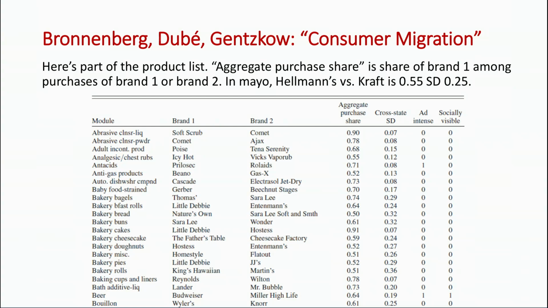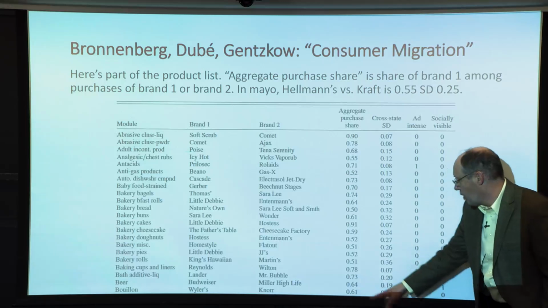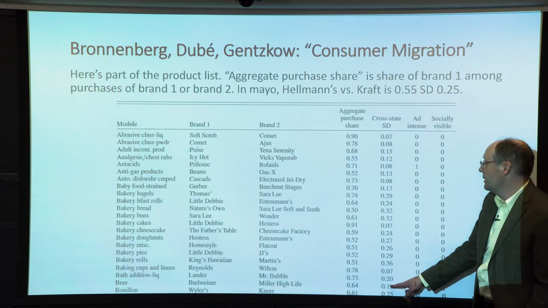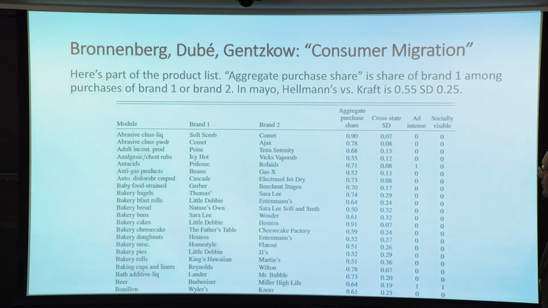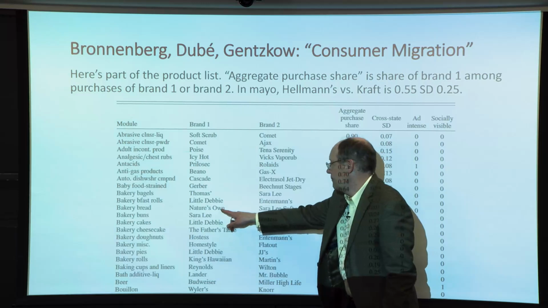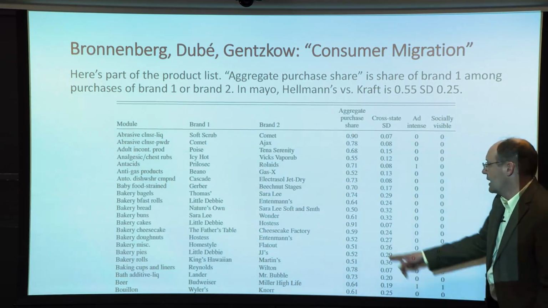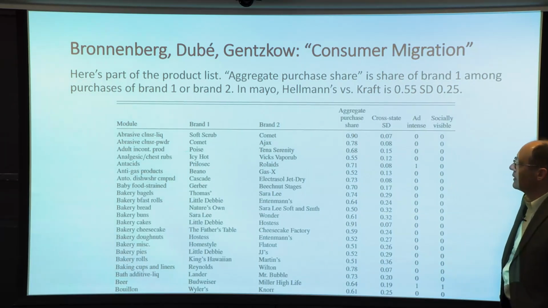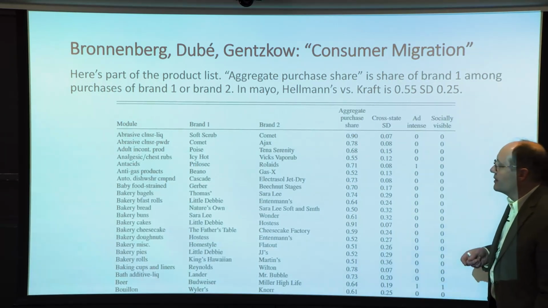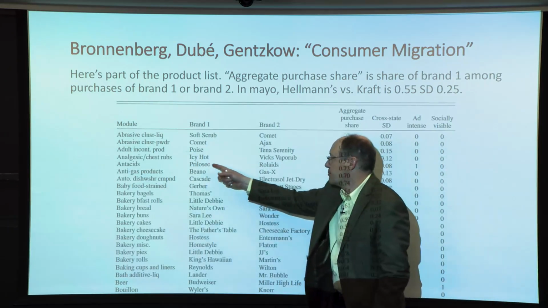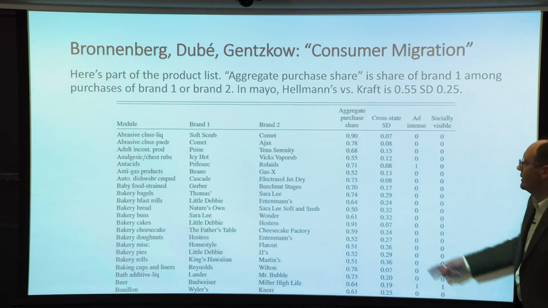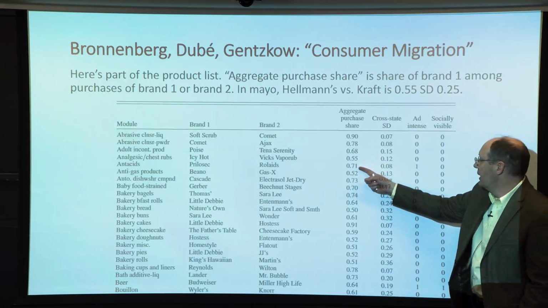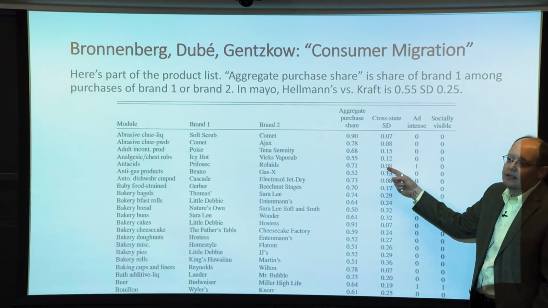And then, again, these are the cross-state standard deviation. So it's 64 on average, but in different states it's different. So it's 64 plus or minus 19 for Budweiser versus Miller. Some of the products, like this bread, Nature's Own versus Sara Lee soft and smooth, it's like 50-50 between those two, plus or minus 32. Some of them, there's very little variation. So antacids, Prilosec and Rolaids are the top 2 antacids. Prilosec has a 71% share in that comparison. It's a more effective drug, I guess, and it's 71 plus or minus 8.